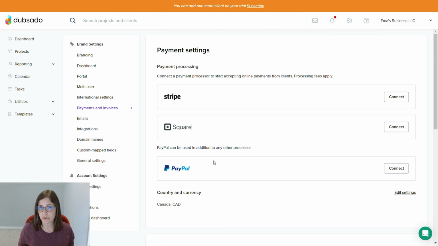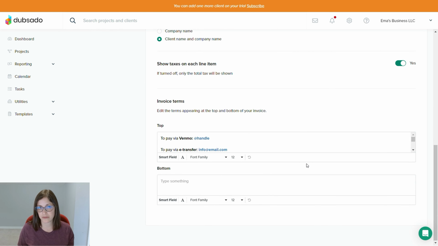But some people don't want to use these methods. There are obviously pros and cons to both, but for some people this is not an option that they want to pursue. So in that case, how do you use Dubsado? You don't have to connect these payment processors to be able to use Dubsado. Obviously, they add some ease and automation to your process, but you can use other methods of payments outside of these 3. So to do that, one of the things that you need to do is go to your invoice